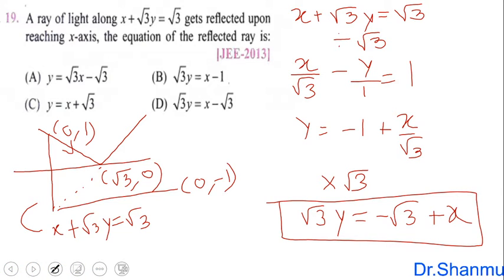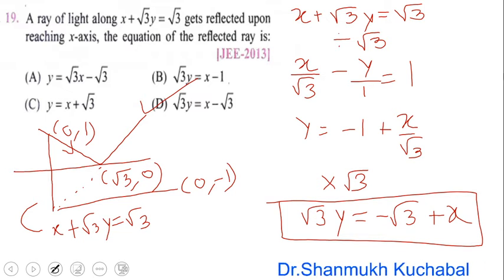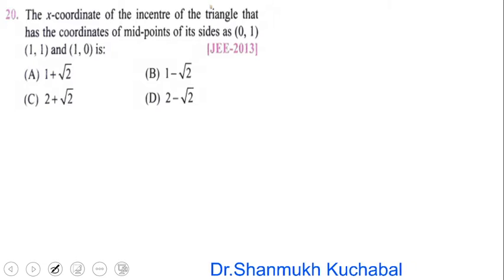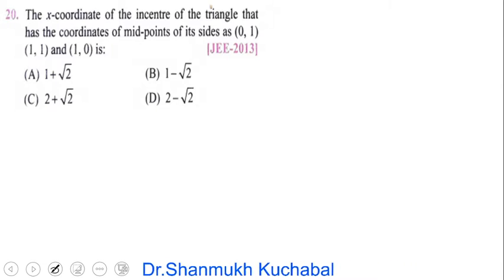So this is the solution we are going to get. So this we have to search in the options. So clearly option D is the right answer here. So like this we have to simplify here. So using a diagram we have to do it. So we'll move to our next example.